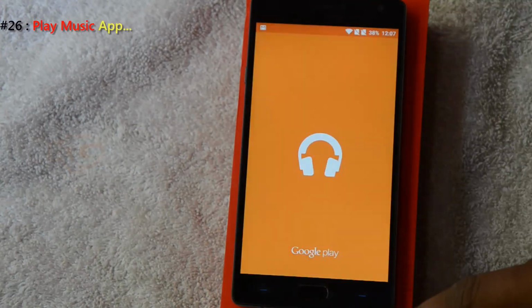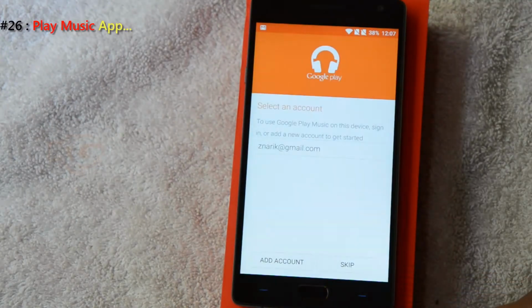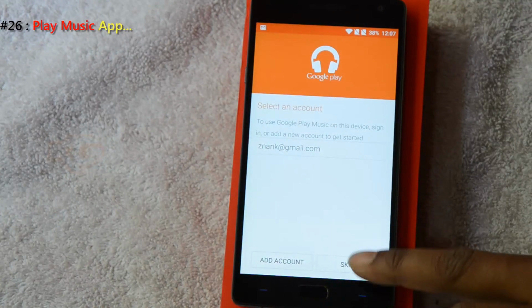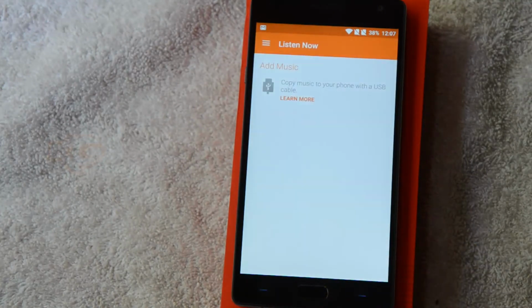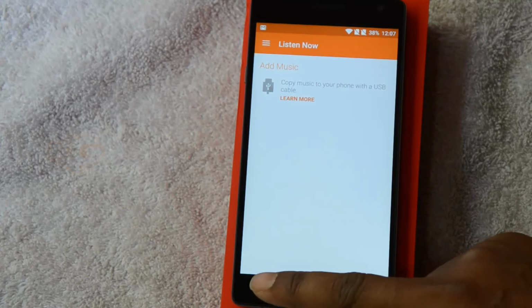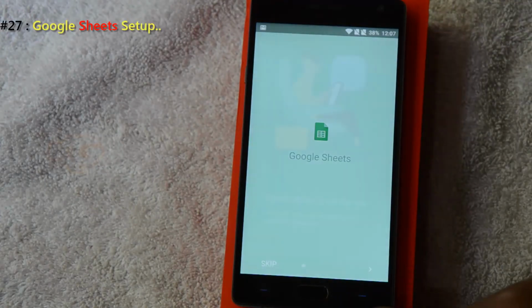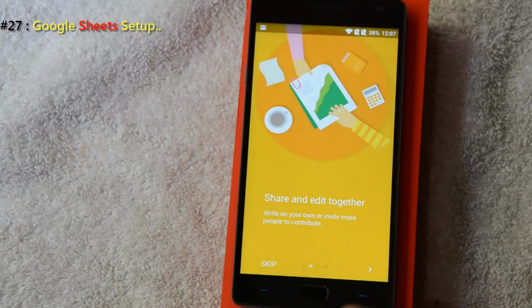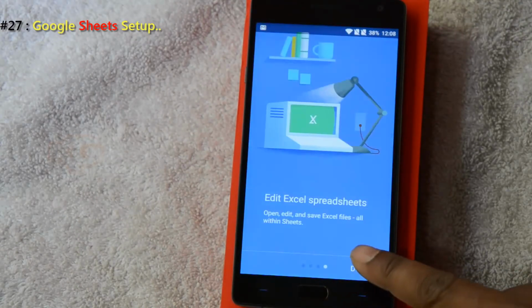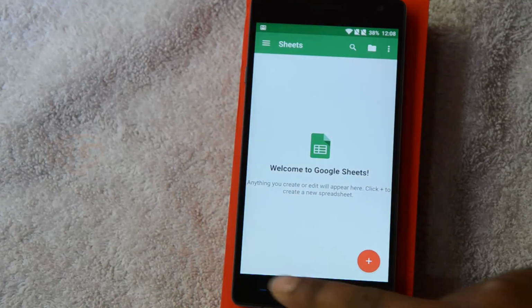Next we are going with the Play Music. I don't have any music right now, so I cannot preview that, so I'm going to skip, and it's totally empty because it's a new phone. But this is where you can go and play the stuff. Sheets. Google Sheets are really nice. It's similar to your Microsoft Excel to provide some of the information. You can keep tracking of your